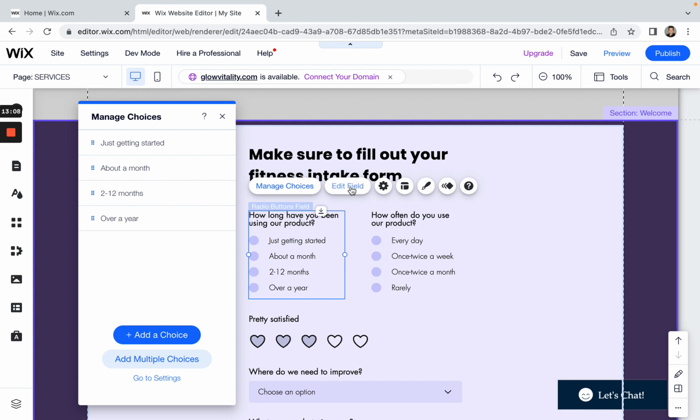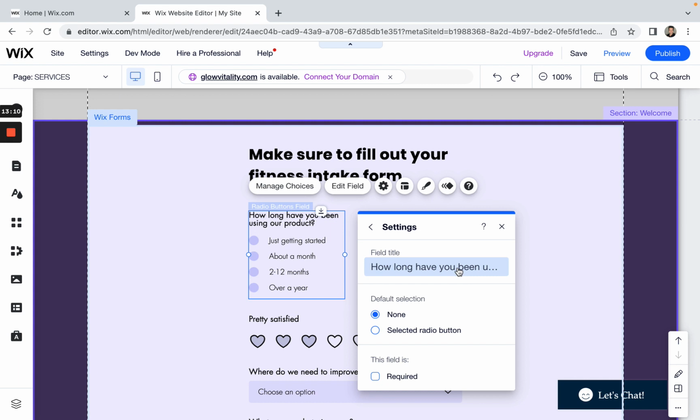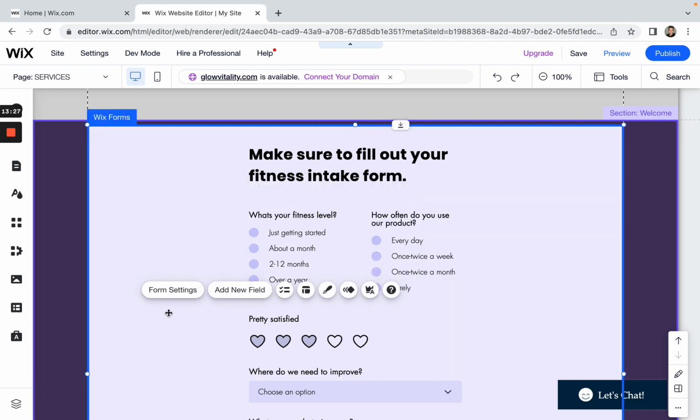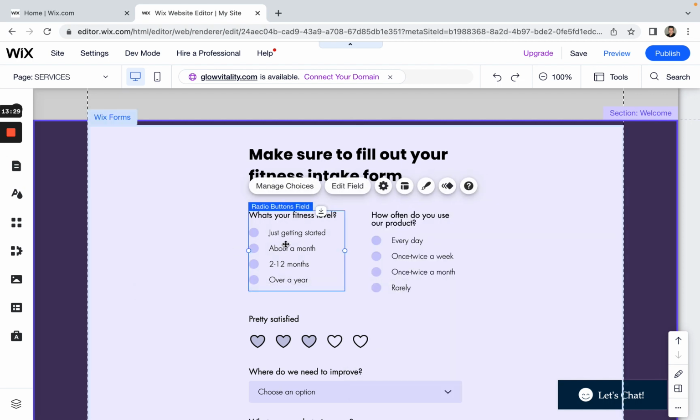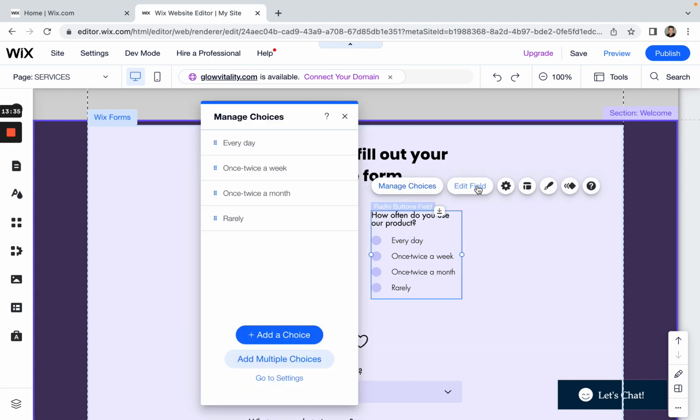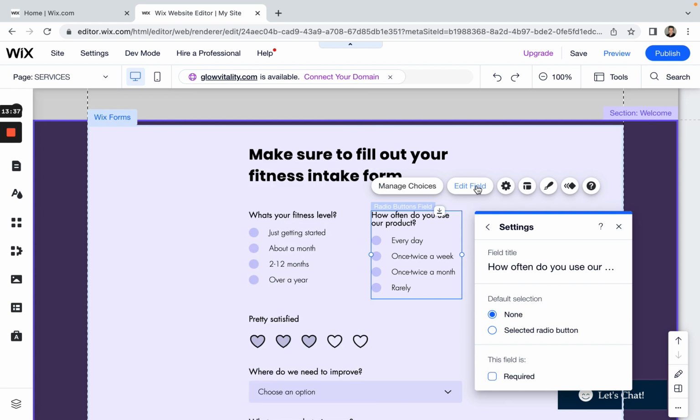So edit field, and you can say what is your fitness level? Okay, and then you can just leave that: just getting started, about a month, 2 to 12 months, over a year. And then you can say here on edit, how often do you